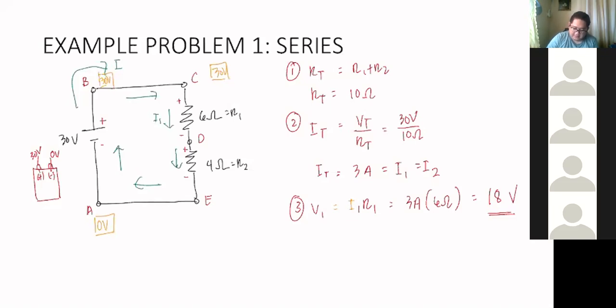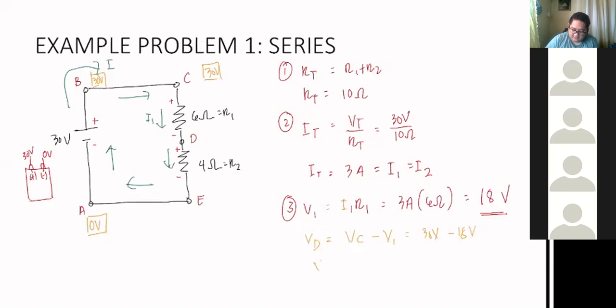Okay, then pag tinanong yung voltage at D, ang voltage natin ngayon kay D is mula kay C. Then pagbaba natin dito, andito tayo sa voltage at C. Bababa tayo dito, magkakaroon tayo ng voltage drop, yun nga yung papasok si V1. So, pag tinatanong kung anong value ni voltage at node D, dapat ang sagot natin is 30 volts minus 18 volts. Okay? So, si voltage at D will be 12 volts. Kasi nag-drop nga siya pagdaan niya dun sa resistor natin. Pero hindi siya 18 volts. Yung 18 volts is yung amount ng voltage na na-drop dun sa